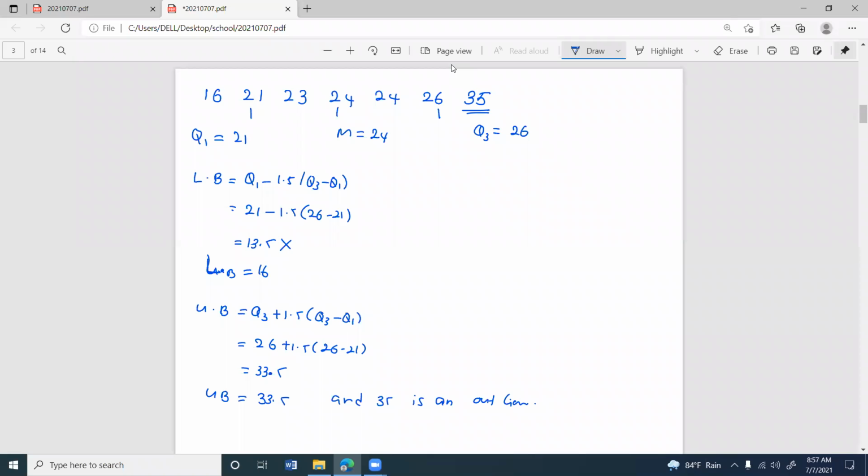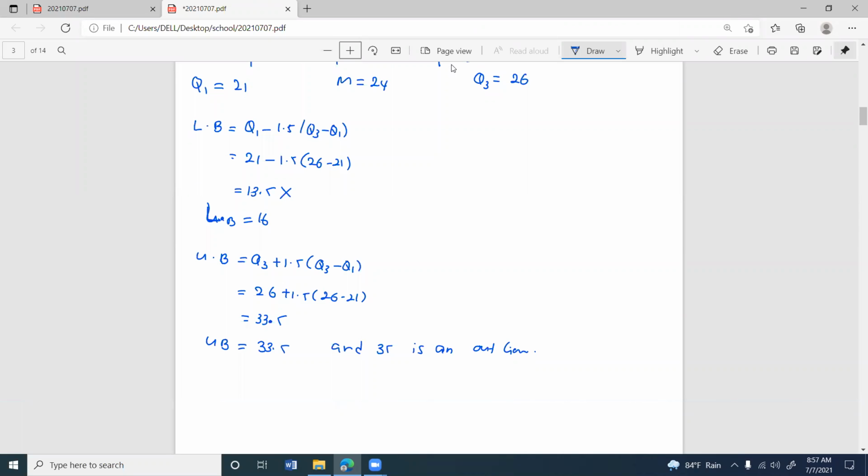Right. Then let's try to draw the box plot, or the whisker plot. Then what is the lowest boundary? The lowest boundary is 16. So we need to draw from 16 to 35. 16, 17, 18, 19, 20, 21, 22, 23, 24, 25, 26, 27, 28, 29, 30, 31, 32, 33, 34,